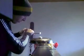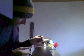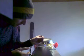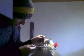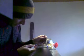So let's just bring that over here. You can see that as I bring this closer to the ski, I hope you can see anyway, the flame goes blue, yellow, blue. So all I'm going to do, so I don't burn the base, is move this along and just drop in